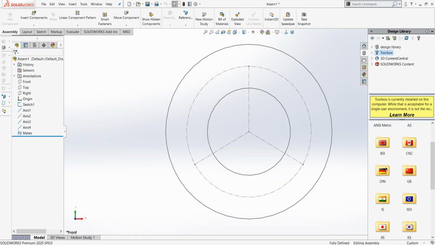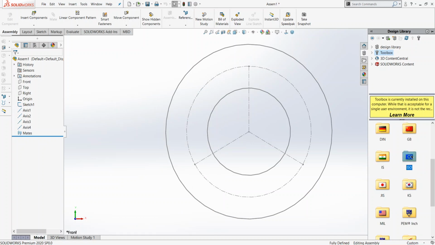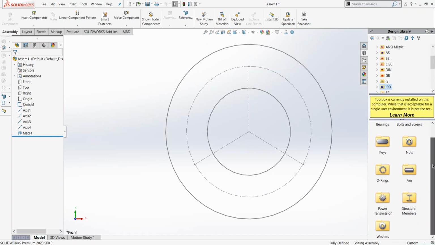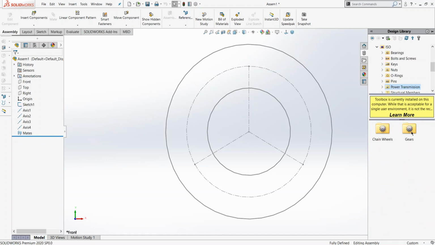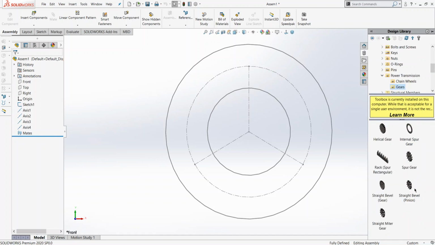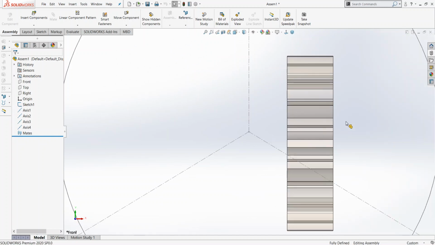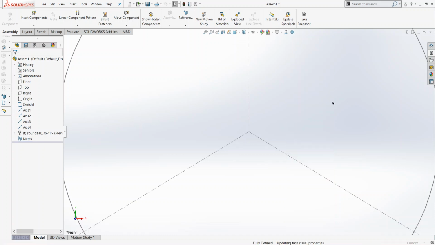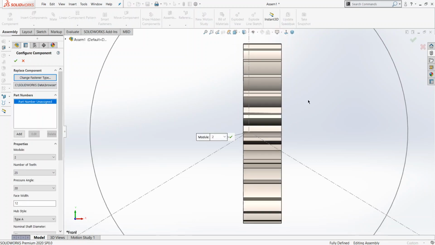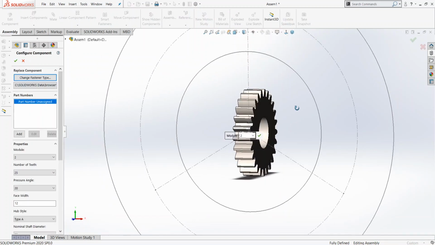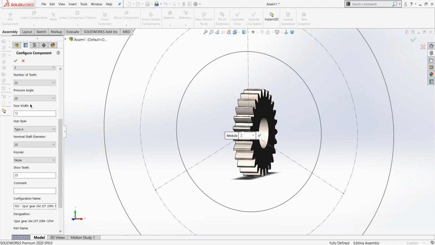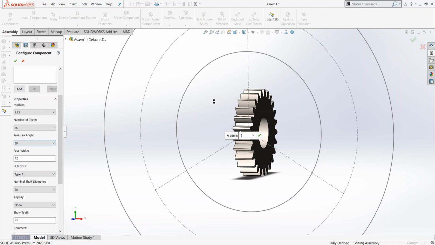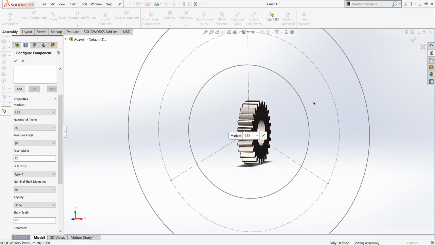Now in the toolbox, scroll down to the ISO folder. Again scroll down, go to power transmission, click on gears and drag and drop a spur gear on the screen. Now as you can see, a configure component box has opened where you can change the settings or configurations of your